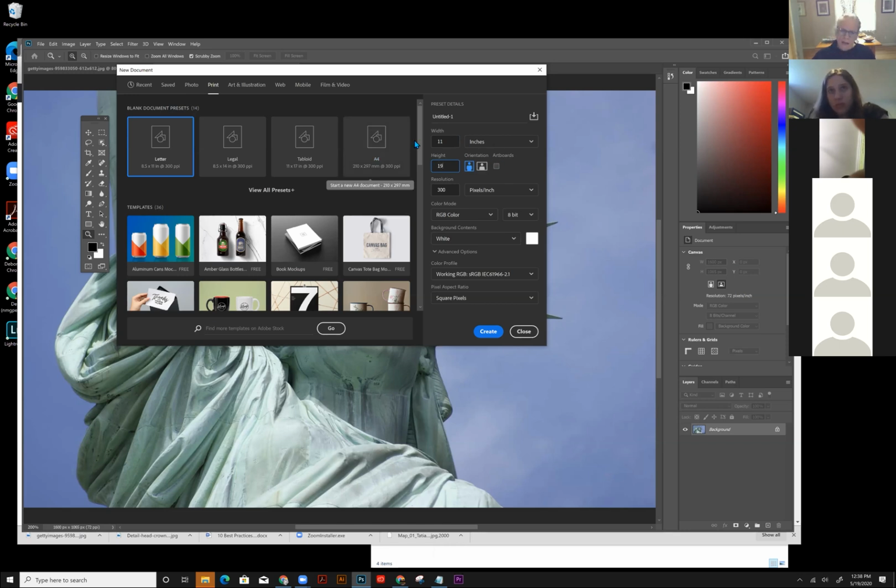Now you can make it 19 by 11. It depends on the composition. Is your composition vertical or is your composition horizontal? So that's up to you. And then it's inches. And then of course, by